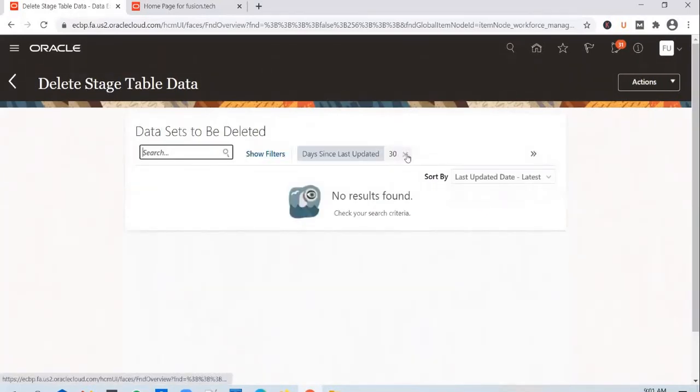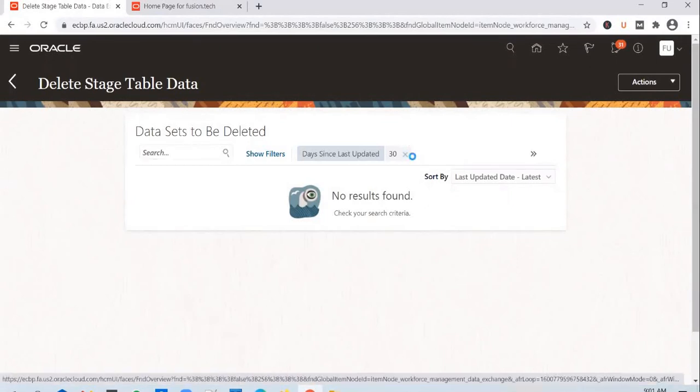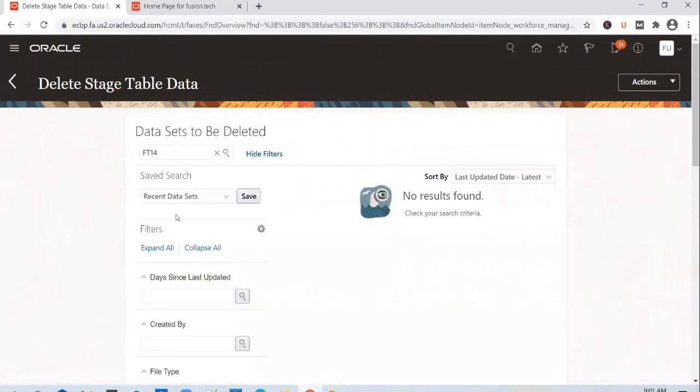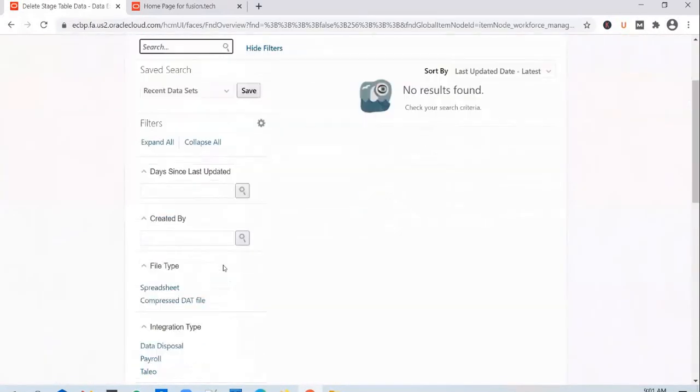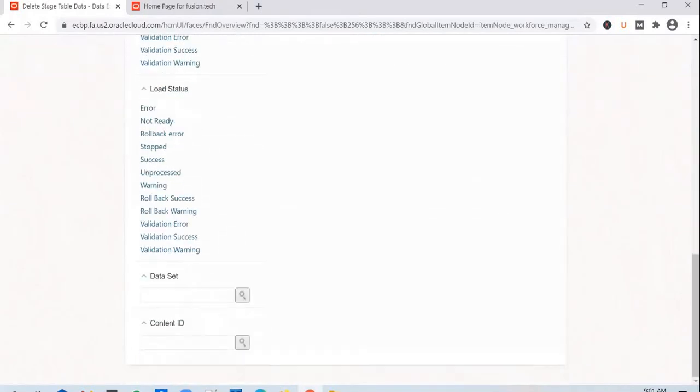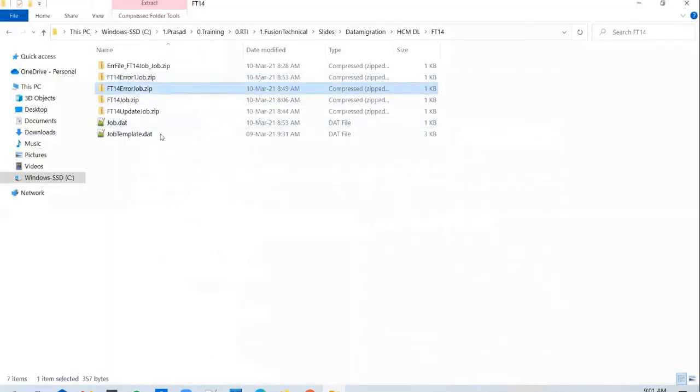So it says there is nothing available in the past 30 days, but that is not true. We've got a few error files available. So you go to the search, show filters option. You can search with the error file name here.